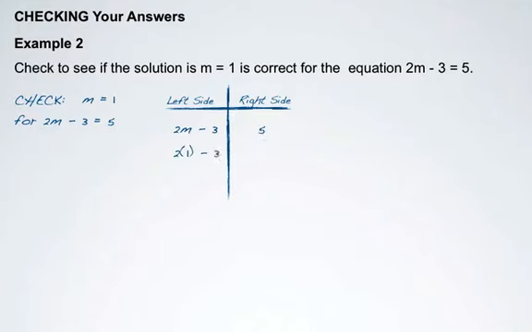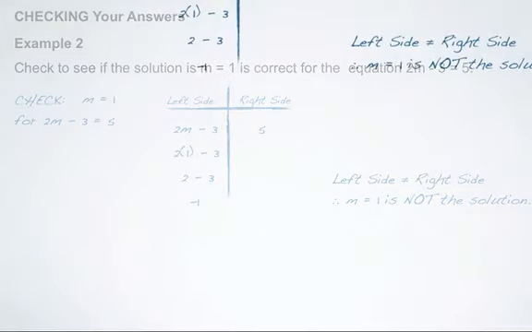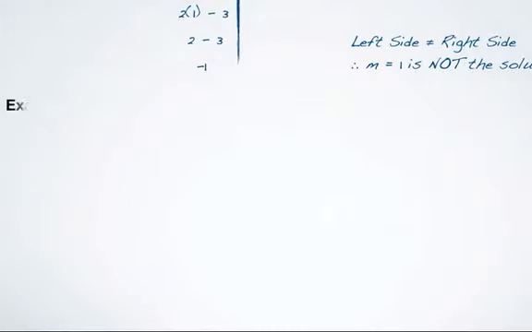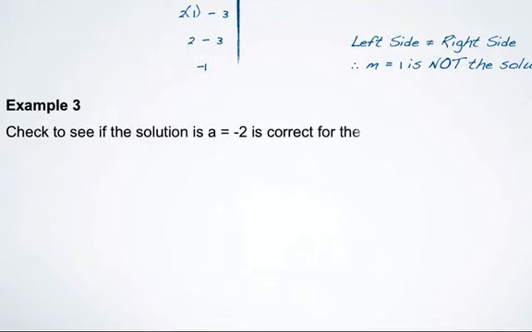When I sub 1 in for m, I get 2 times 1 subtract 3, 2 subtract 3, negative 1. Well, now if I compare the value of my left side to my right side, they are not equal or balanced. So left side does not equal right side, and m equal to 1 is not the solution for this particular equation. Example 3. Check to see if the solution a equal to negative 2 is correct for the equation